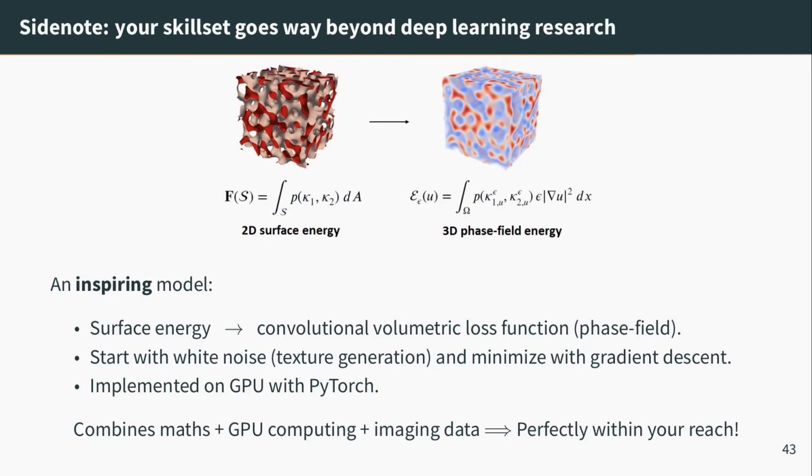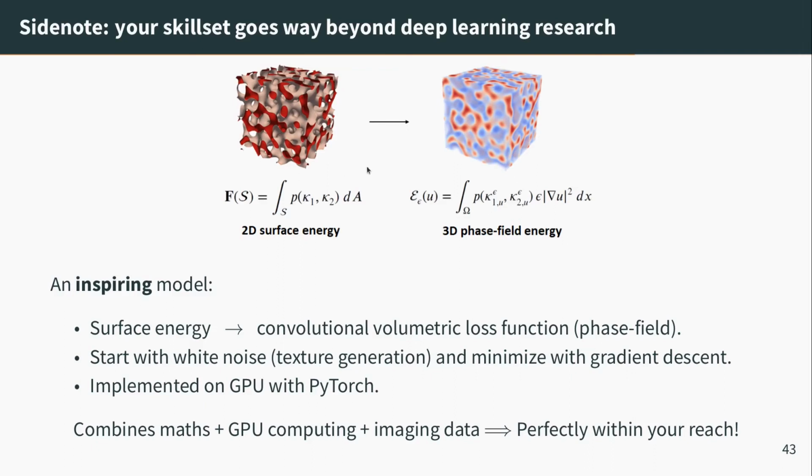Actually, if you do the math, you realize that it's a convolutional energy. So given a volume, the way you express this energy is you apply some convolutions. You can do it using PyTorch. Then you apply some nonlinearities, some polynomials. And then you integrate it, and it's a 3D equivalent of the 2D energy. So it's a bit of a statistical descriptor of the texture that you can optimize, just like we optimized 2 weeks ago the texture of paintings, with a cat.